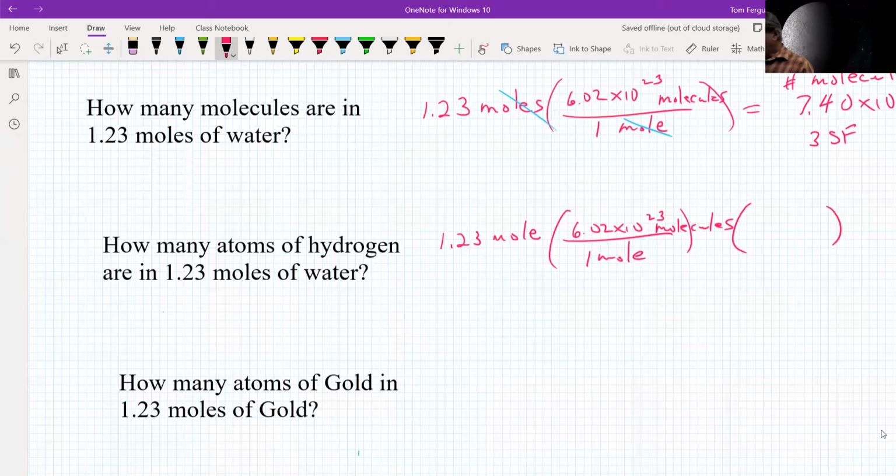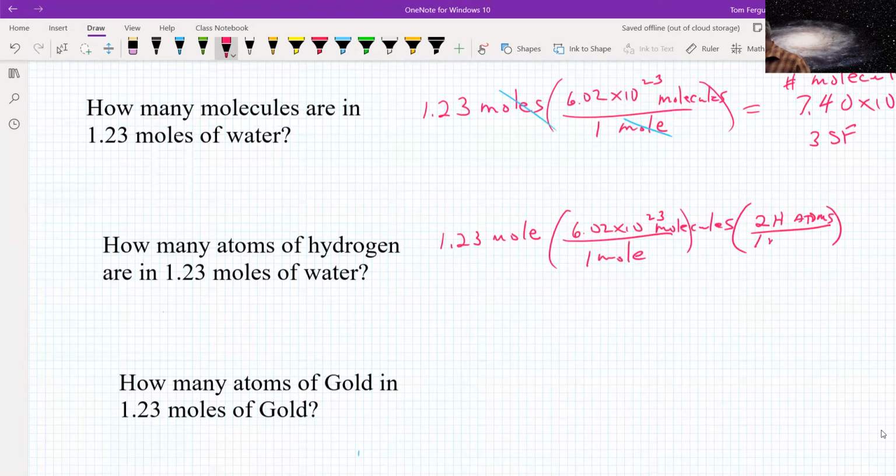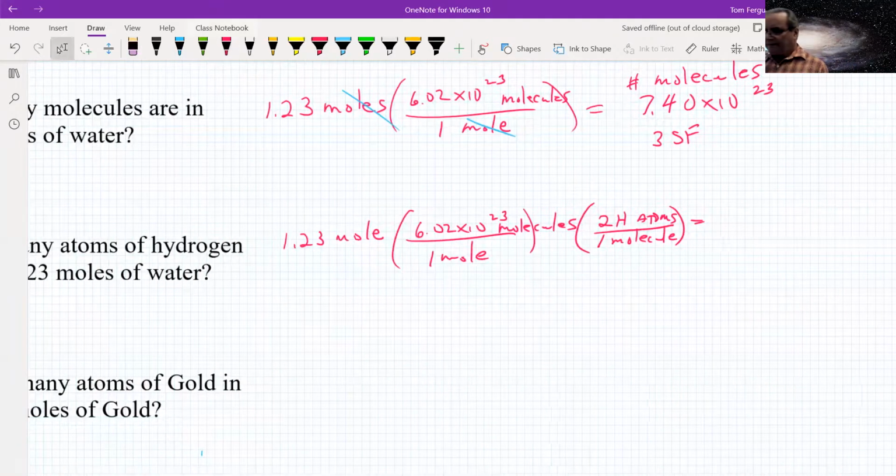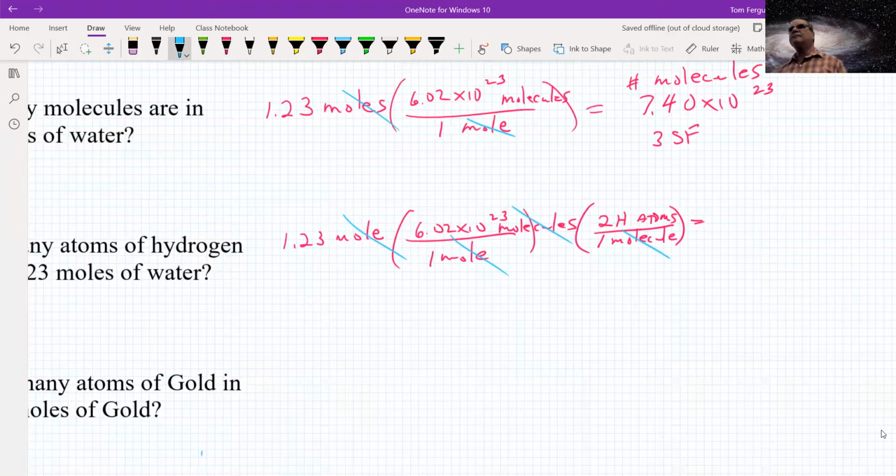Then from there, we're going to convert the molecules to hydrogen atoms. There are 2 hydrogens per molecule. Okay, 90% right there. Notice our moles cancel, our molecules cancel, leaves us with the number of hydrogen atoms. So the answer is going to be